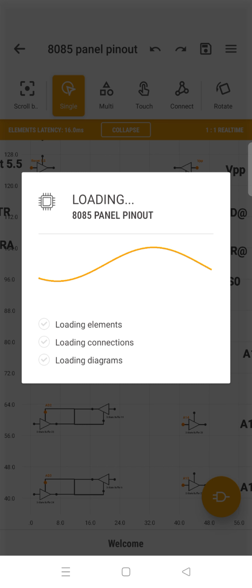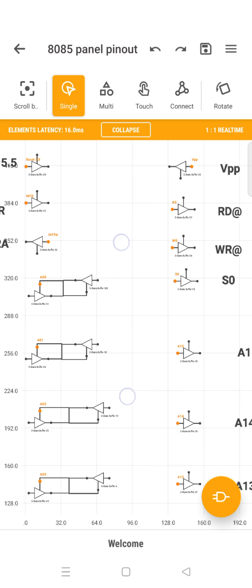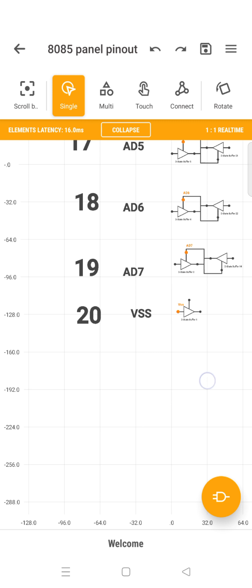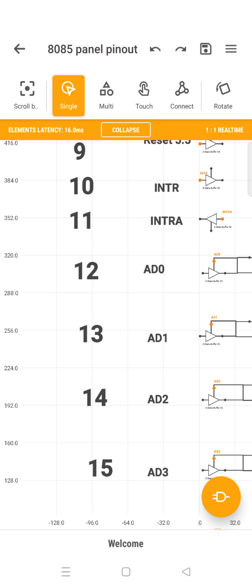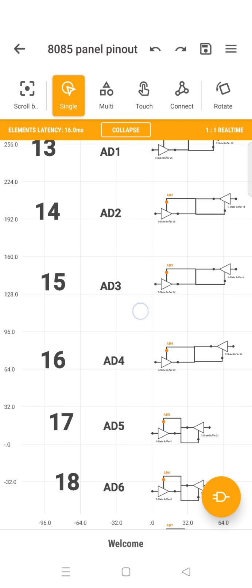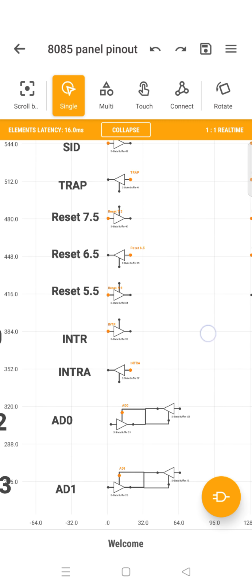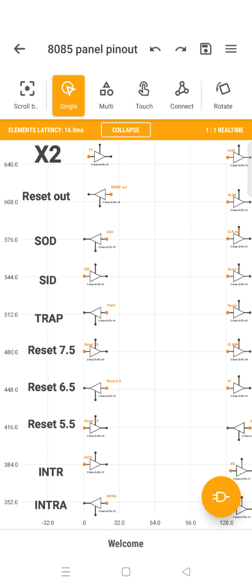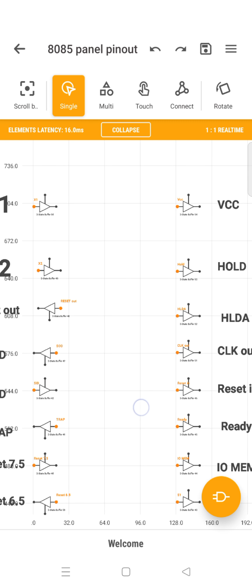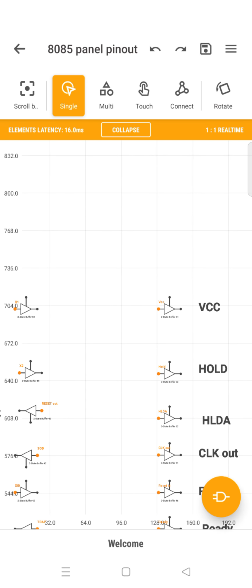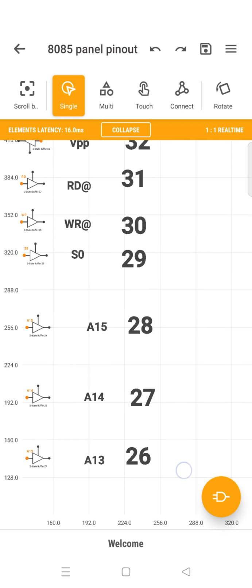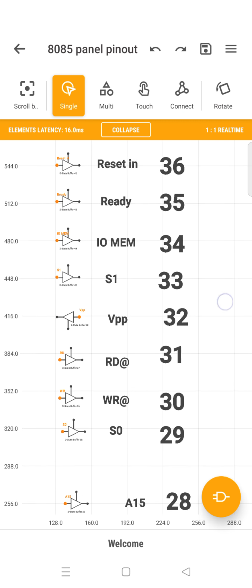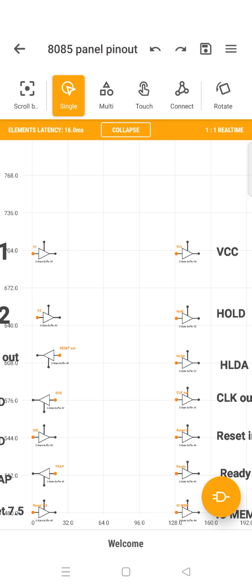The 8085 panel. First you have to know what a panel is. A panel is the collection of elements within it. It has all the address registers, AD0 to AD7. These are the data elements which come in and go out. And this is the interrupt signal. This is reset and other things, and serial input output devices. Then voltage devices. These are the basic set of devices being used. This is the basic 8085 control pinout structure.